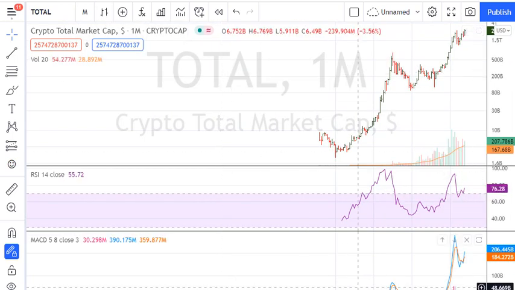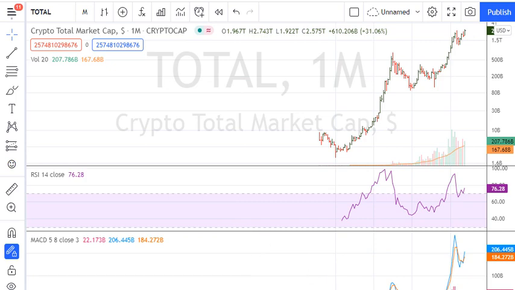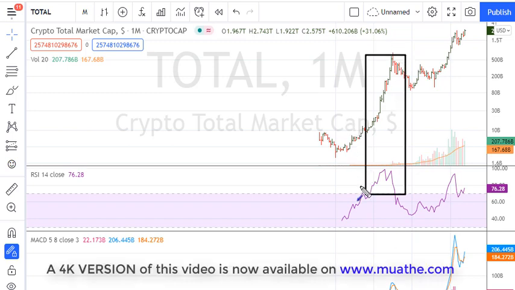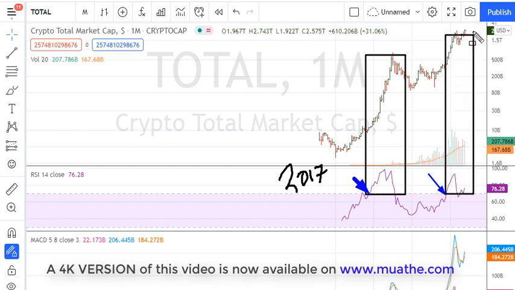One of the reasons, if not the main reason, why the cryptos are moving is because of the power of RSI 69.1, just as they did in 2017. This is 2017 right there. And we see another move above 69.1, which was in November of 2020. So in each instance, we see that prices really took off for the cryptos in 2017 and late 2020.